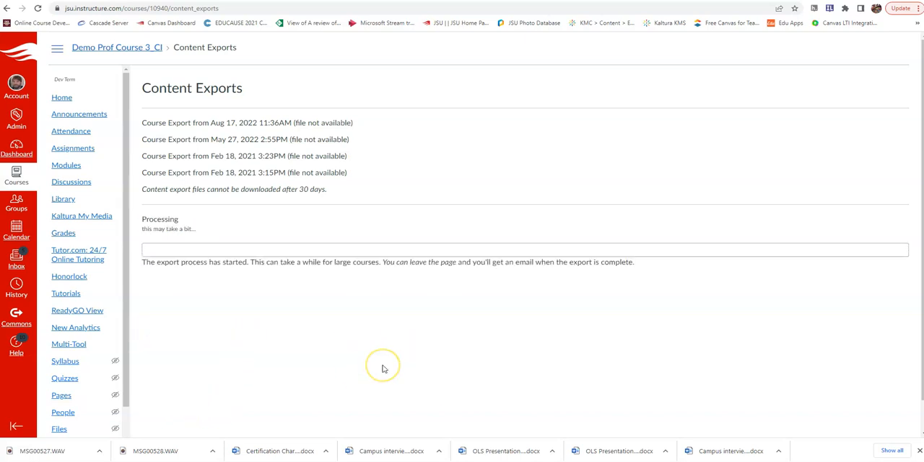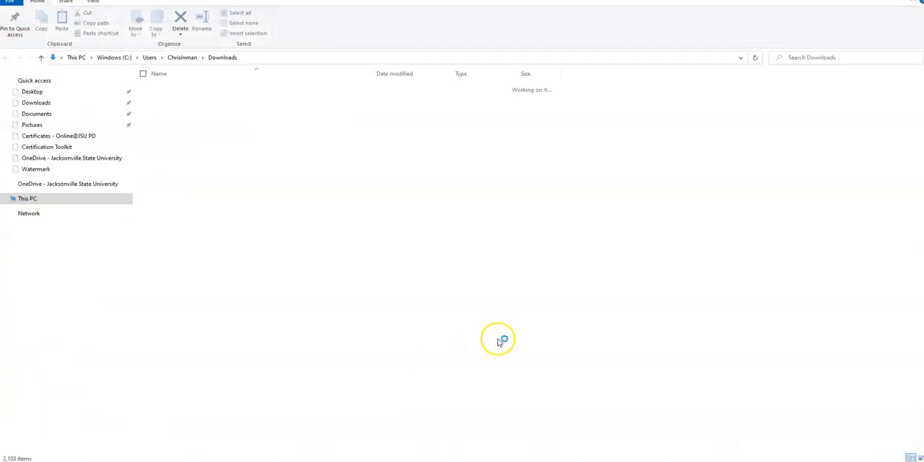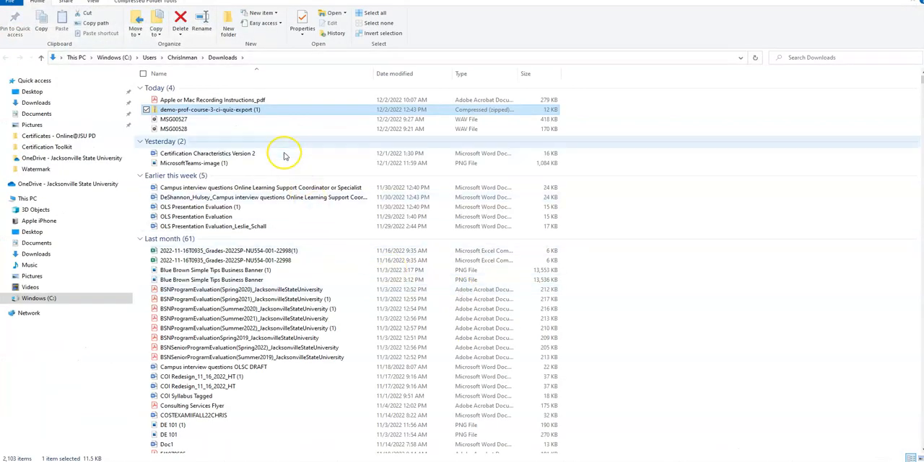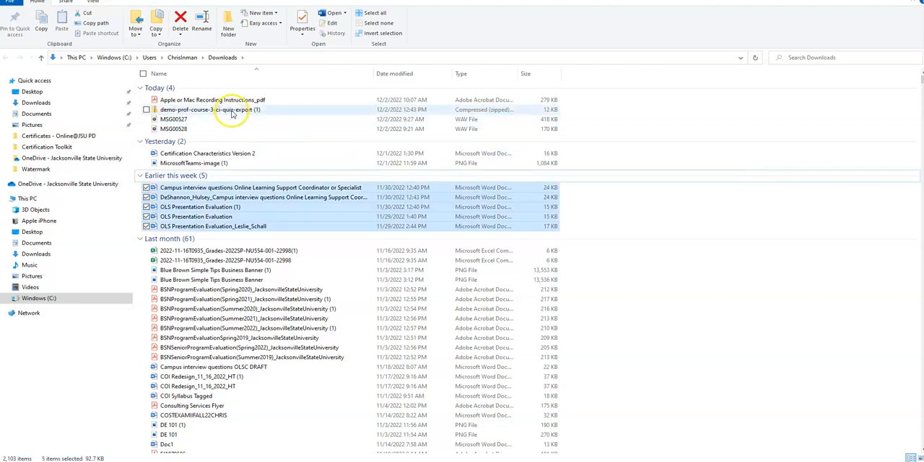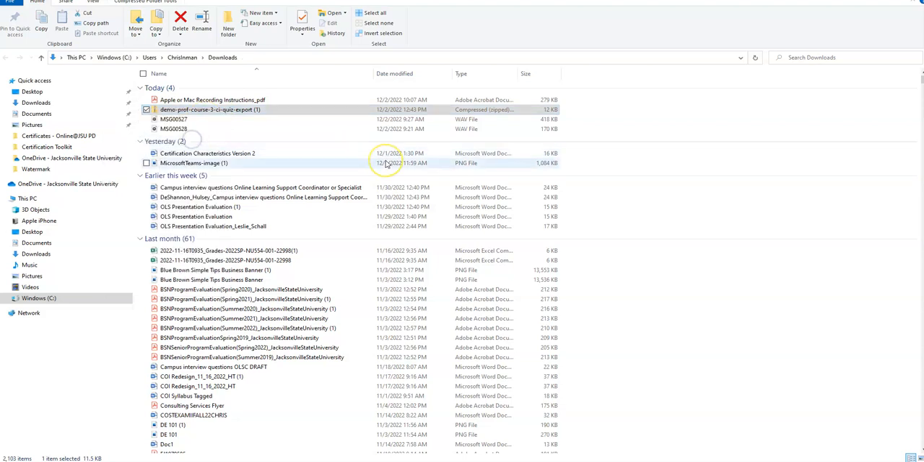Create export, and it's been exported. Let's do new export, and it's downloaded here. We're going to open the show in folder and click on this, and we are going to, let's see, extract all,